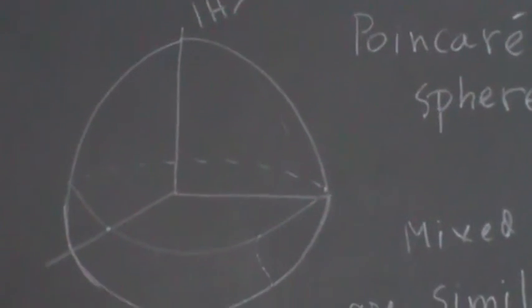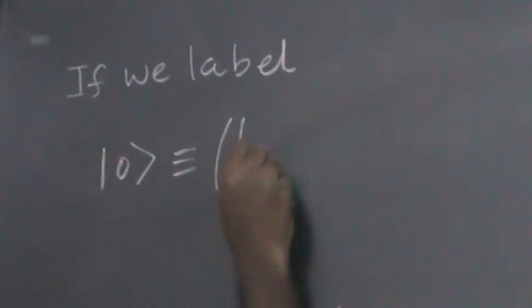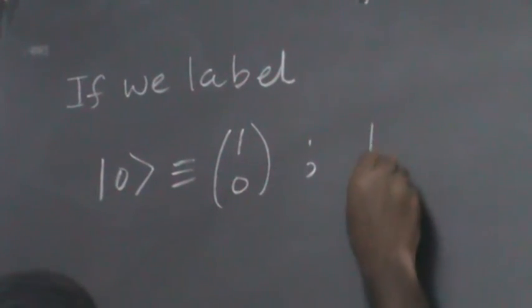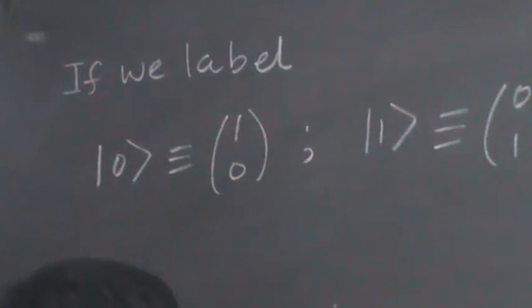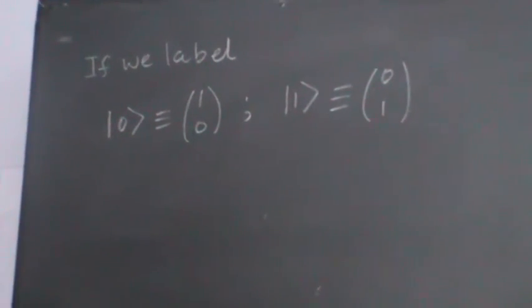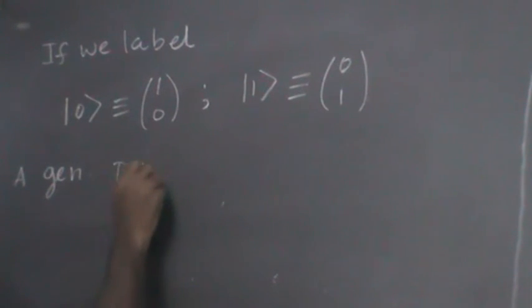If we label the basis vectors (1, 0) as 0 and (0, 1) as 1, a general pure state is